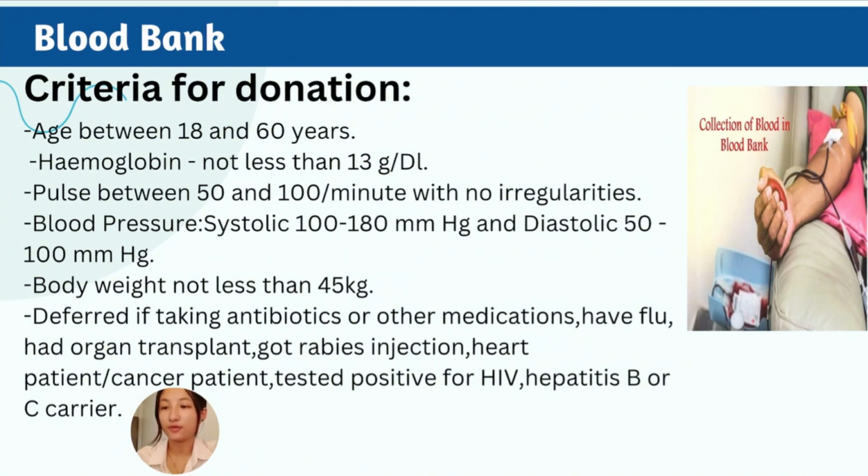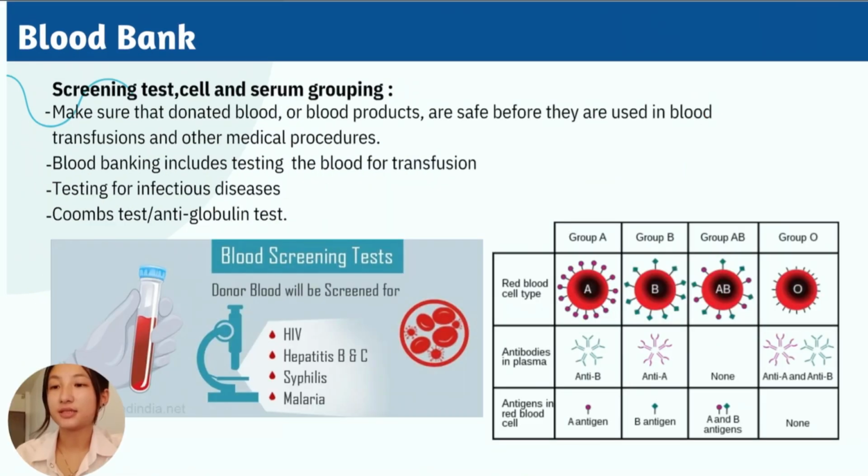If the donor is on certain medications, had flu, had an organ transplant, got a rabies injection, is a heart patient or cancer patient, tested positive for HIV, or is a hepatitis B or C carrier, the donor cannot donate blood. Then there are screening tests, and it is mainly the